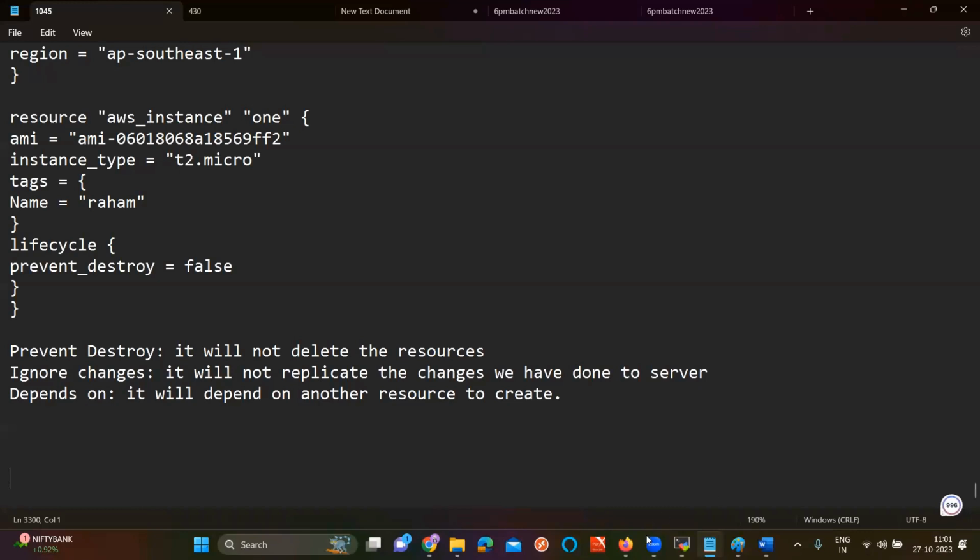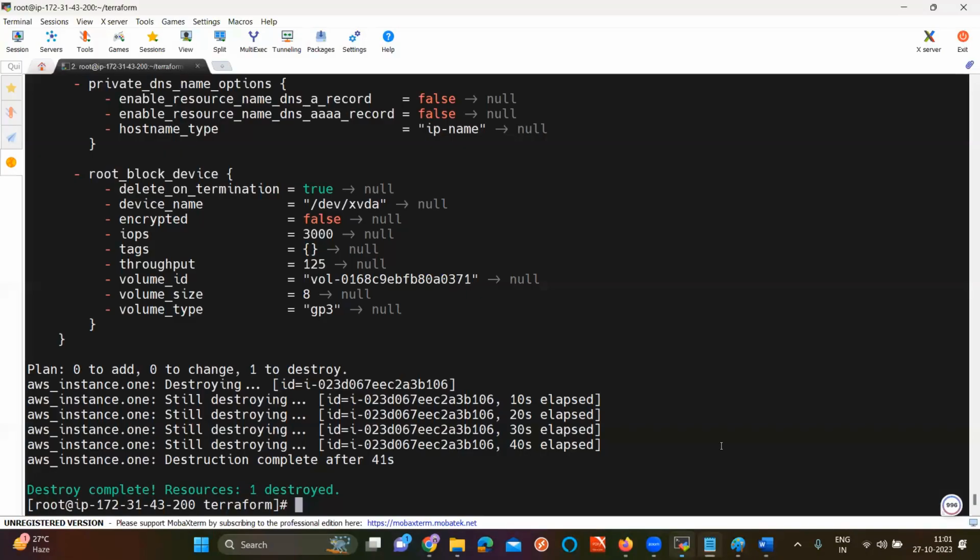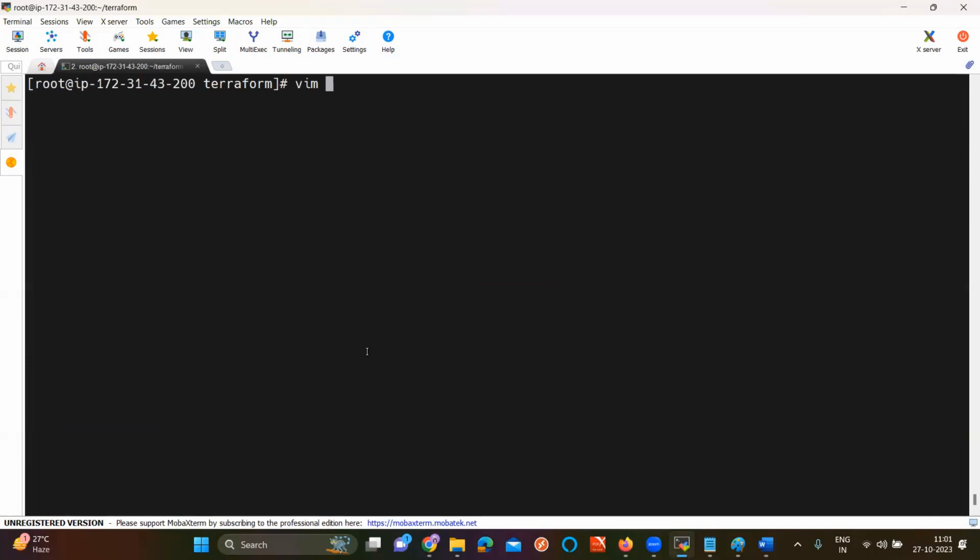Next, I'm going to teach you how to create local resources in Terraform. So till now in Terraform, we created cloud resources, but we can also create local resources. For example, we can create a file. I'll show you, just go here and give main.tf. But before that, there is one more important concept, Terraform backend S3 setup.